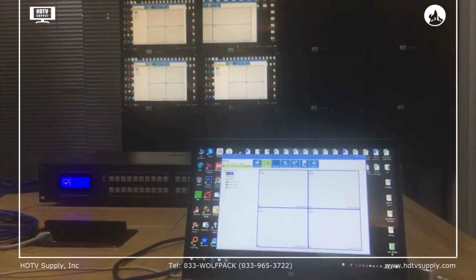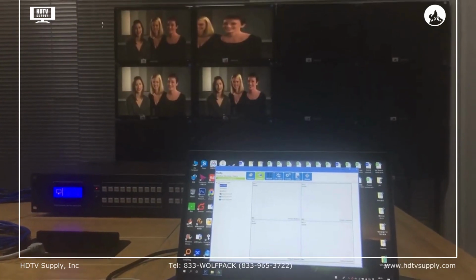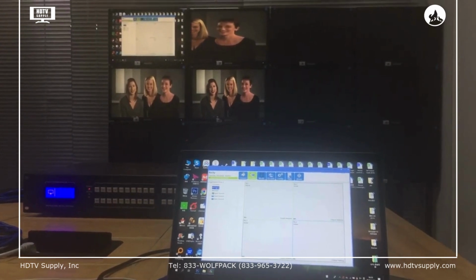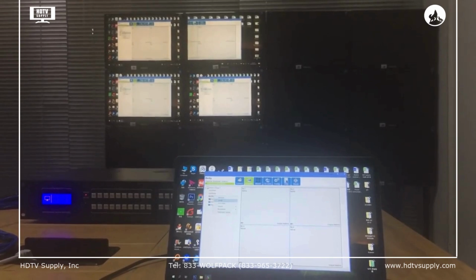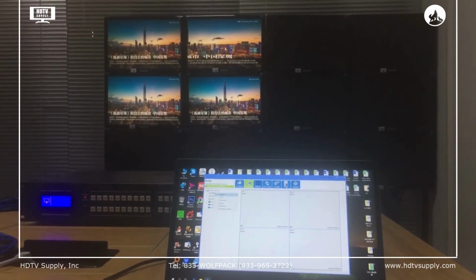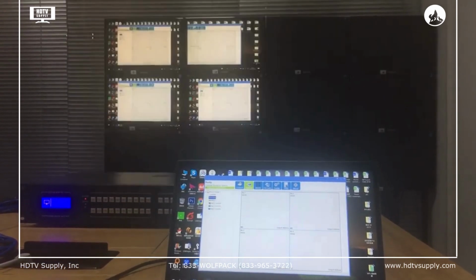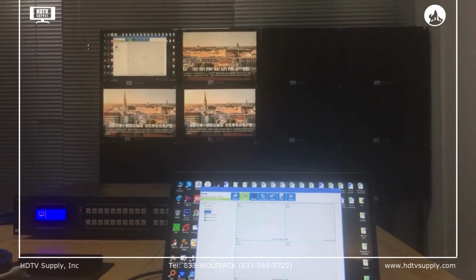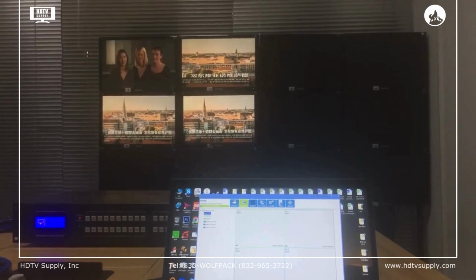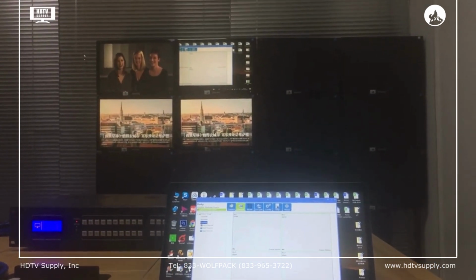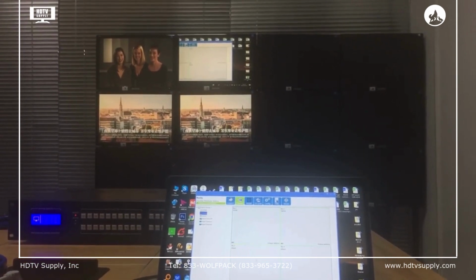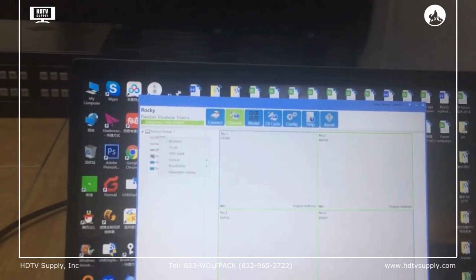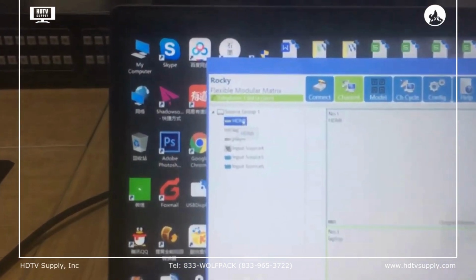And especially for the switching, we can use the right click to all the outputs, or we also can drag the source to this area for the switching. Basically, we can switch to the seamless switching. It's no black or blue screen during the switching. So except the channel here, we also can select the different on the source side, and once we use the